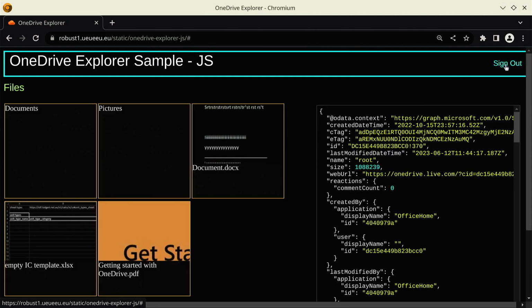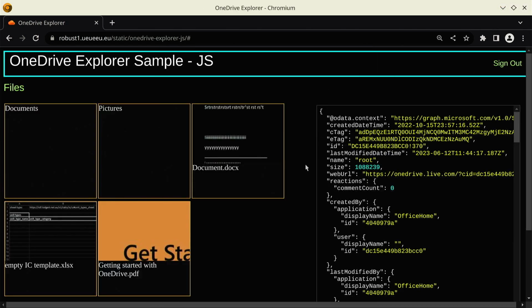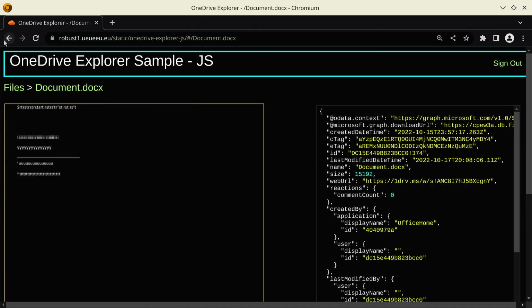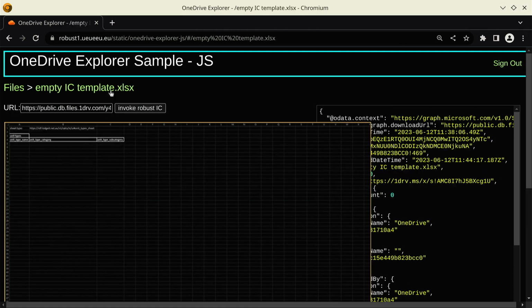You should be able to log in. I already did that, so it lets me straight in. And you can browse your documents here. And when you go to an XLSX file, you should be able to